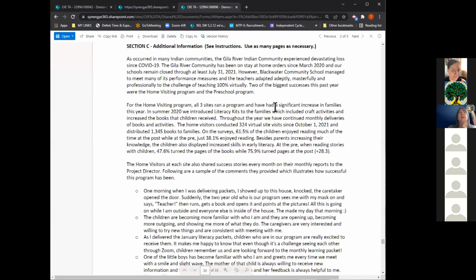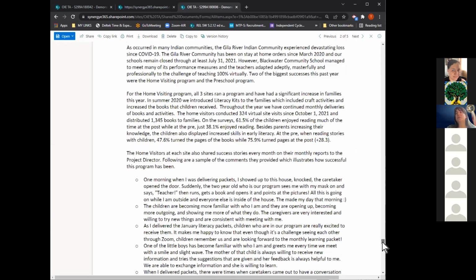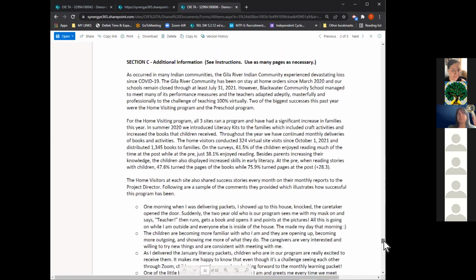Let's see, that one was not coming up for me. Here's another example of a Section C that was reported previously. This is a nice example of a grantee providing some accolades or noting significant progress, providing more context about the activities, providing some anecdotal information, and how they were able to overcome some challenges related to COVID and the pandemic.